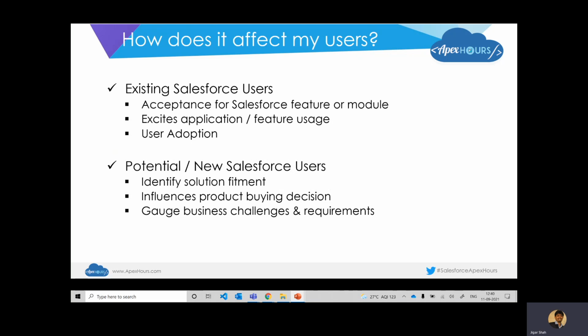once you've answered the why part of it, saying why is it relevant to me as a technical solutions consultant or a technical developer or an architect, we also need to understand that the actions you perform during your demonstration really affect your users, right? And it is important to know the kind of effect it has on your users, right? And broadly, if I had to categorize our users or clients, I would categorize them into two major buckets.